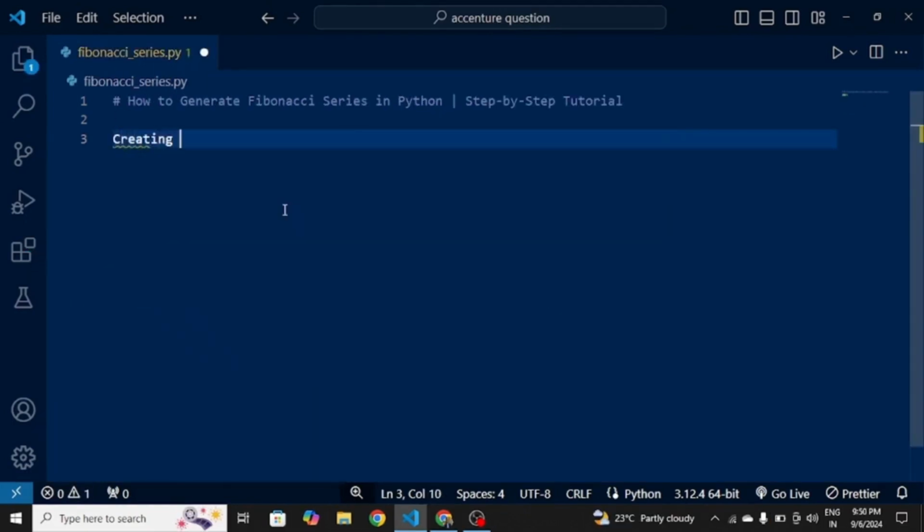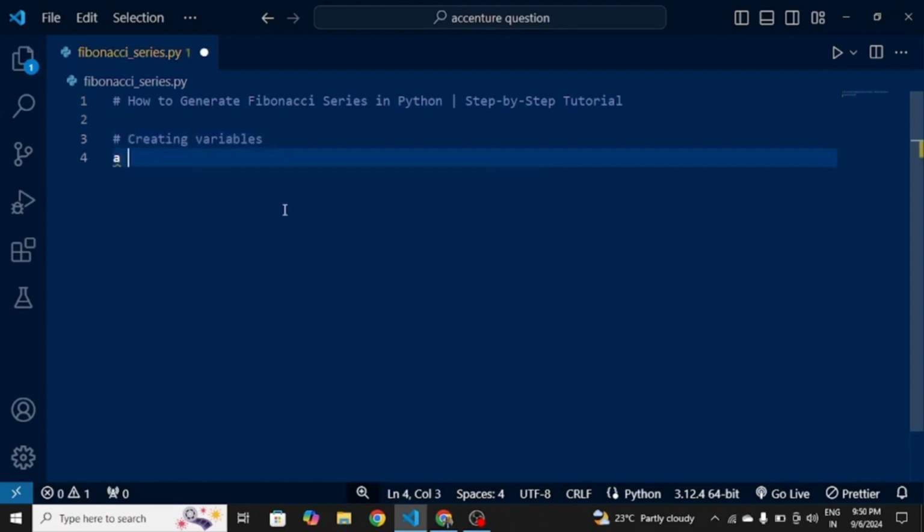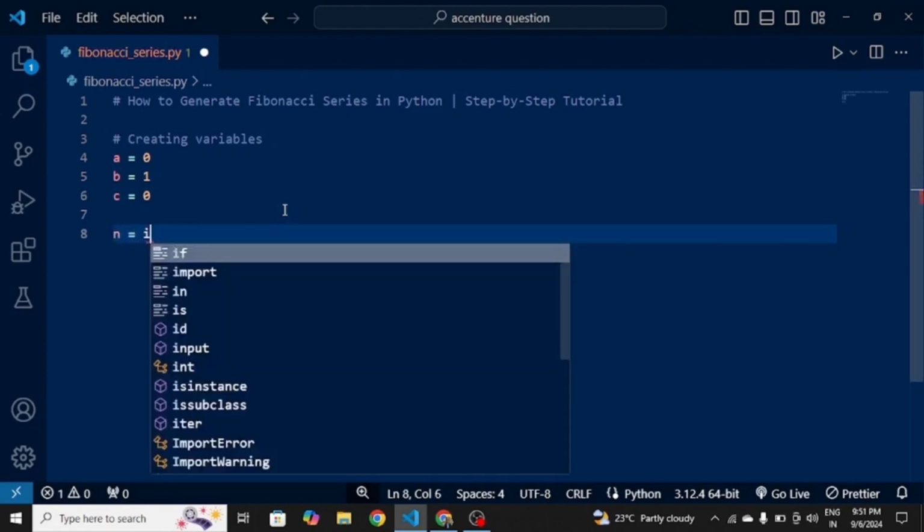Today we'll walk through how to generate the Fibonacci series using a simple Python code. First, we need to initialize 3 variables. a equals 0. This holds the first number in the Fibonacci series. b equals 1. This is the second number in the series. c equals 0. We will use this to store the next number in the sequence, calculated as the sum of